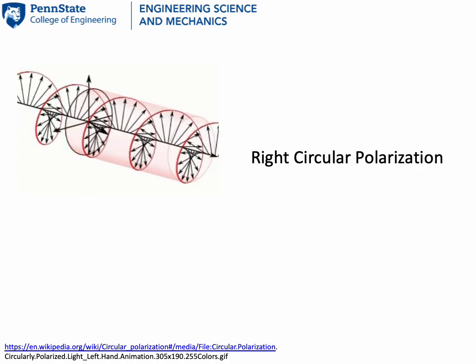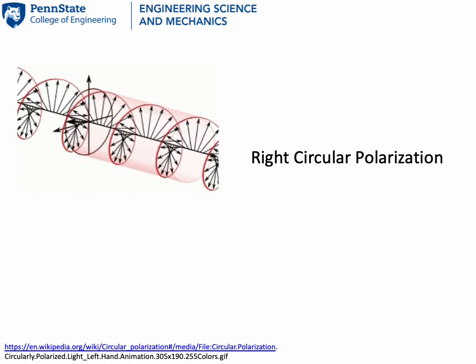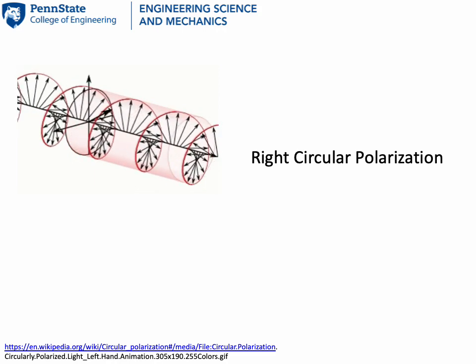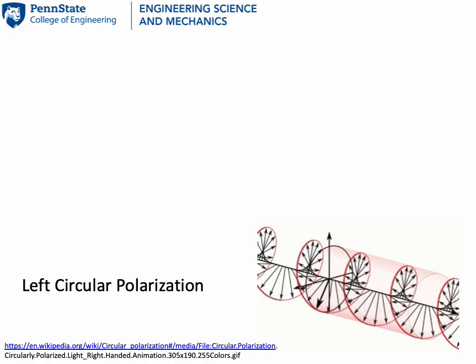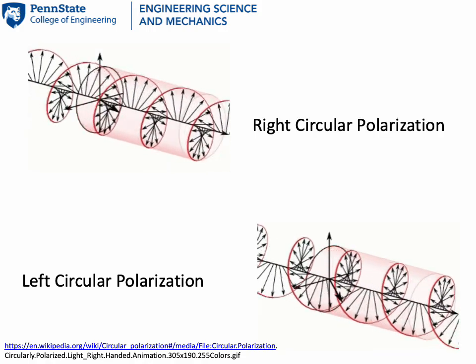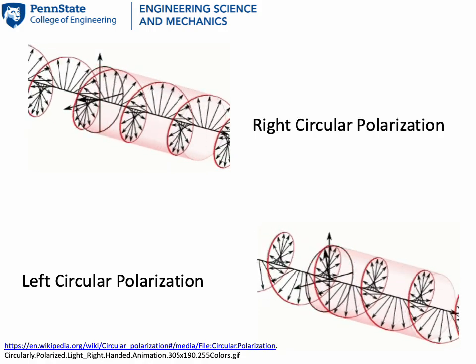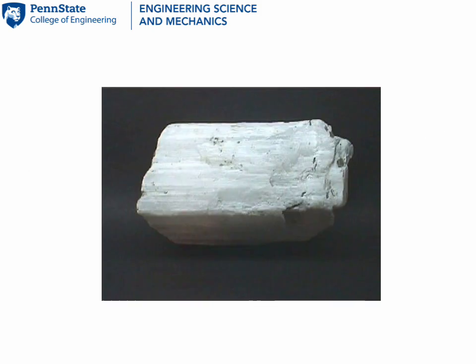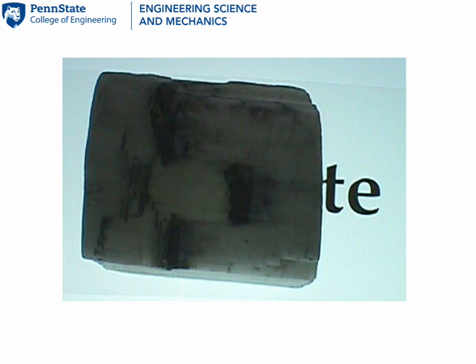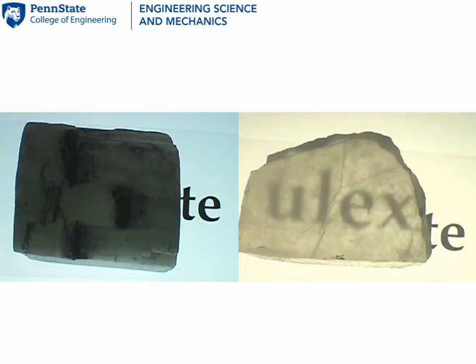Light can have chirality. In air, it can be either right circularly polarized or left circularly polarized. In air, light of either chirality moves with the same speed, and the attenuation rate for both chiralities is minuscule. In 1992, I came across a mineral called ulexite. It is opaque, except when you view through it along a specific direction, then it is quite transparent.